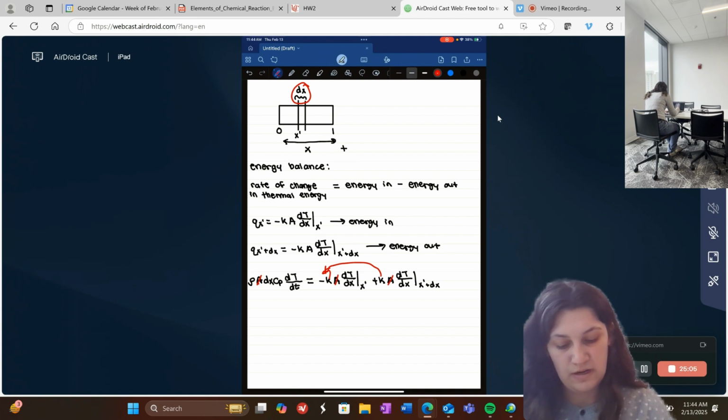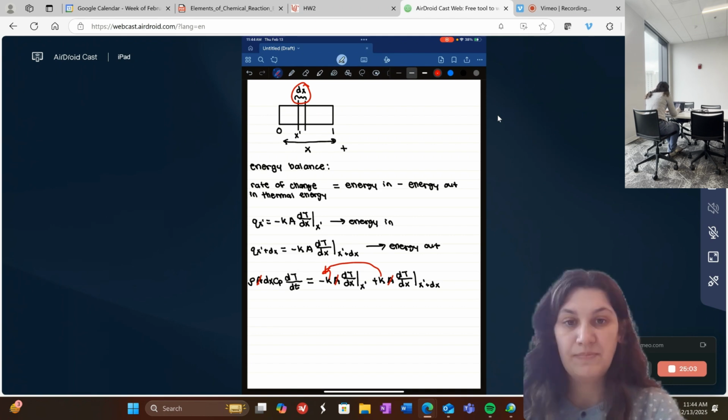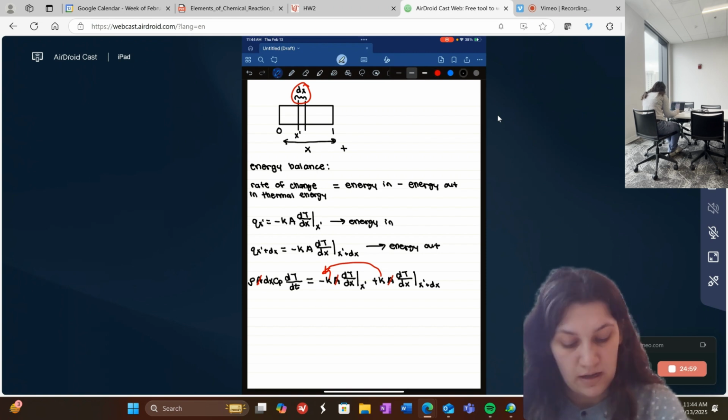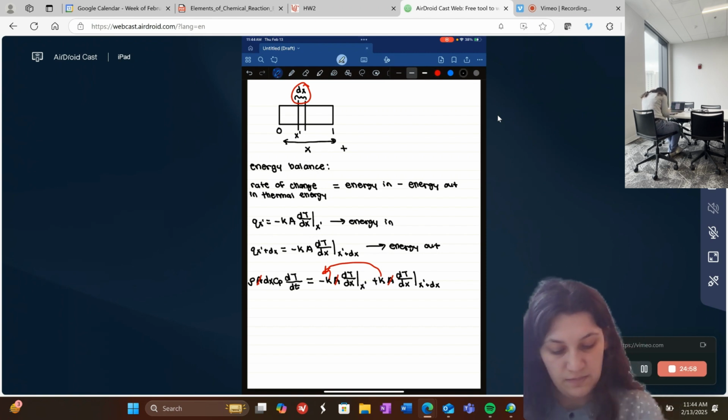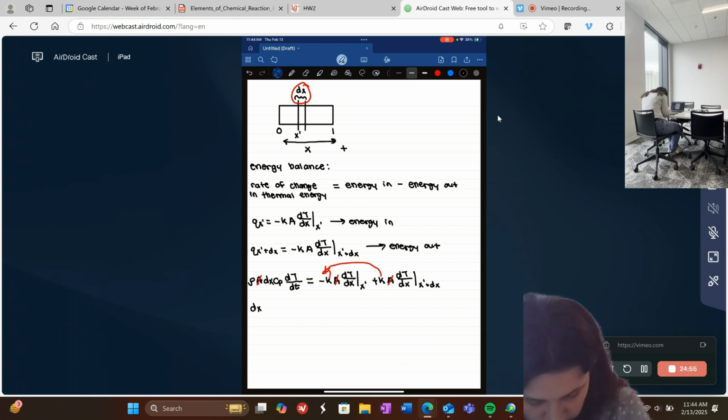And then finally, we're going to divide by our constants, so our density and our heat capacity, to isolate the dT value. So what we end up with is K over rho times cp times